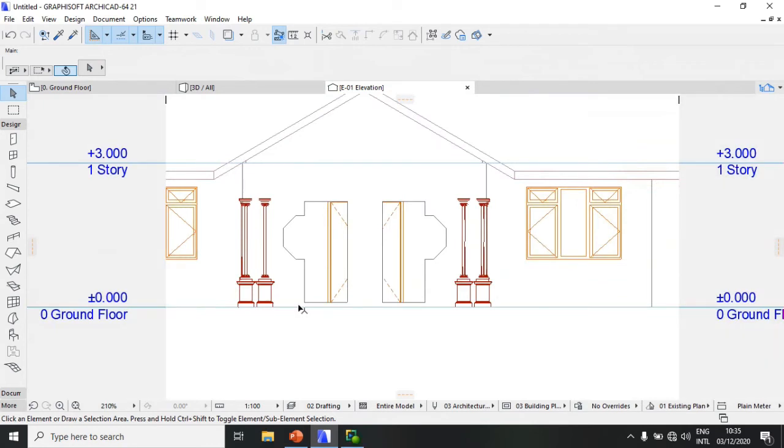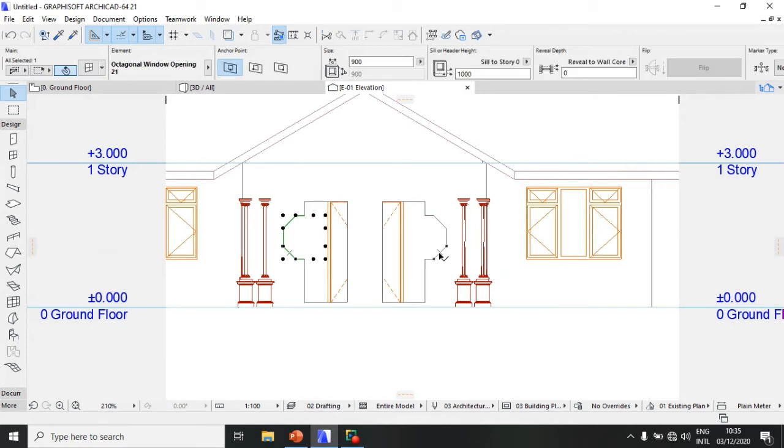So I'll have to click on the windows there. Then hold shift, you click the other one, Control D, you drag it this way,